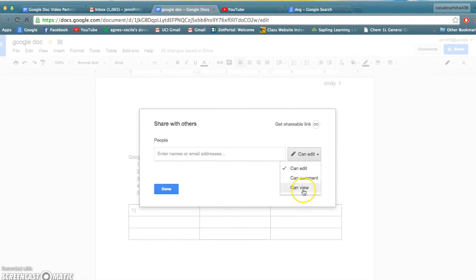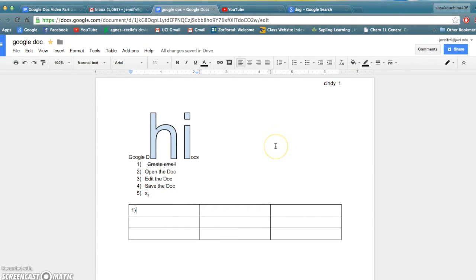With the view option, they don't have the ability to edit your document at all. And for comment, they can add any comments or recommendations to change your document if you so wish. And after that, you just click Done, and then your document will be shared to the contacts that you